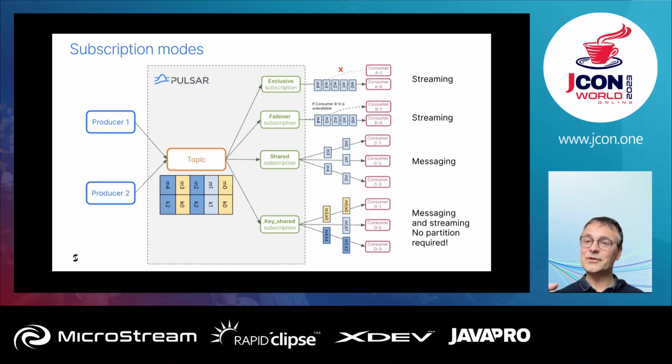You can use the subscription mode for both messaging and streaming, but key share mode is great for scaling out consumers like the share mode, but because you have an ordering guarantee by key, then you can scale your streaming processing. You can add or remove consumers without creating new partitions, without doing anything on the broker side, right? All of this happens on the consumer side. You just have to add a new pod or remove one, and that's it, without the need of creating new partitions, which is pretty cool.